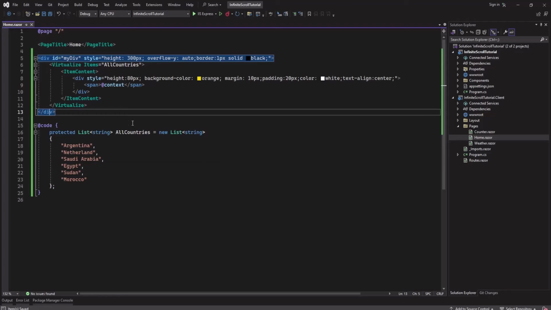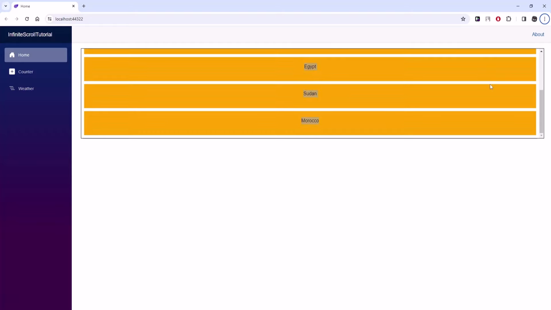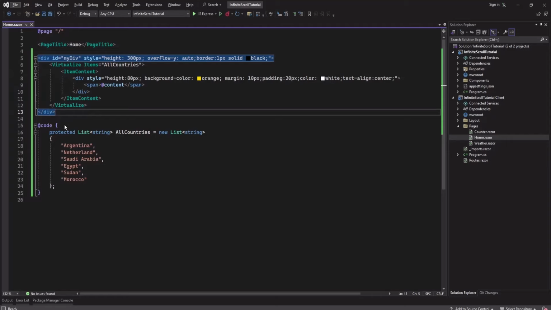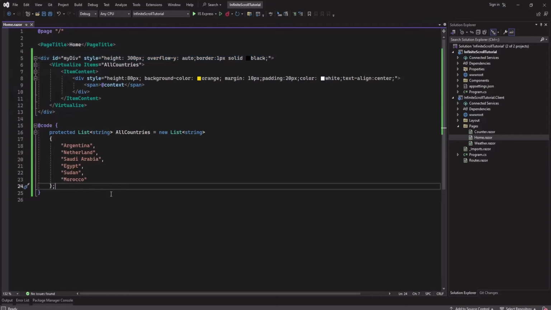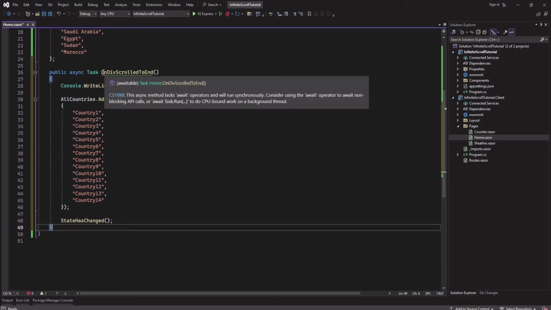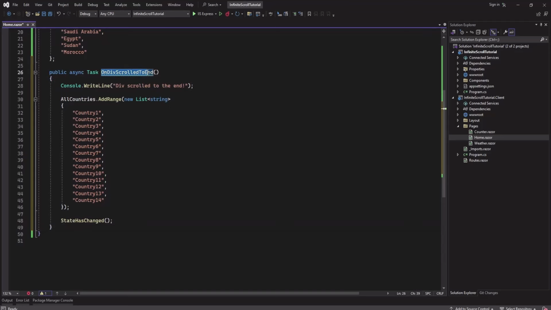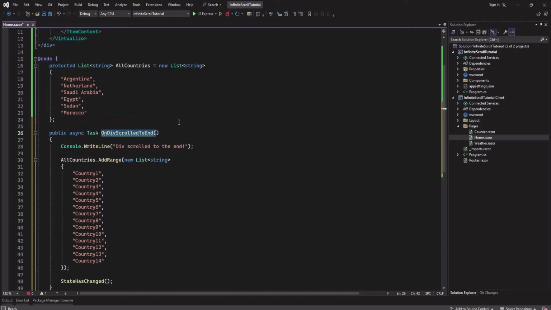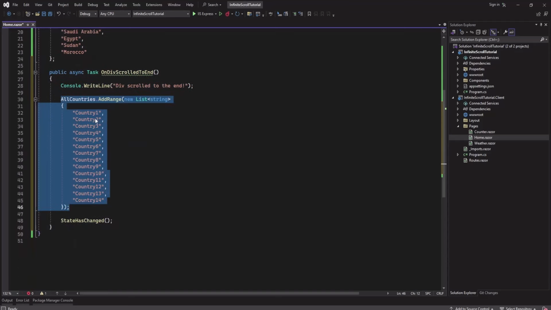Now the idea is when this scroll bar reaches the bottom, we will fetch some items, or we will add some dummy items to the list. So first let's add the function we want to invoke when the scroll bar reaches the bottom. So this is the function. I have named it OnDivScrollToEnd. You can name this as you wish, and I'm just logging a message here and then adding some dummy strings as items or countries. Then I'm just calling StateHasChanged so that